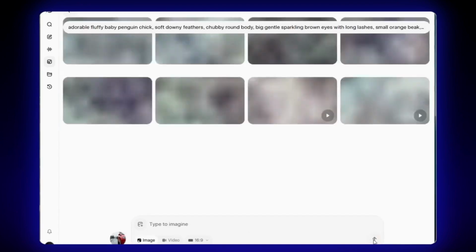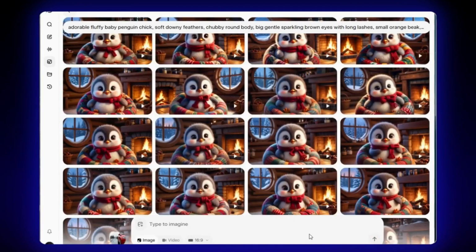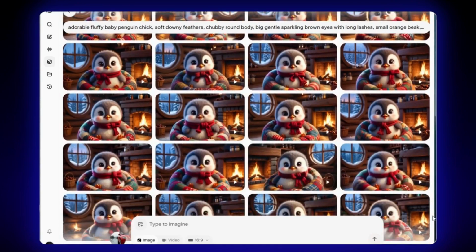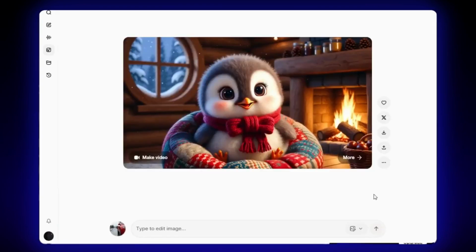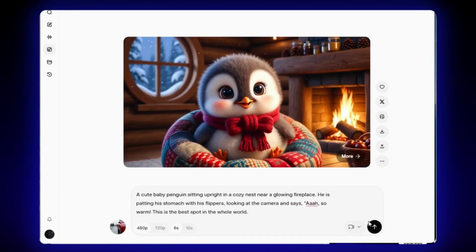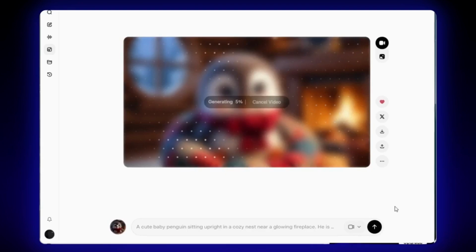Hit generate, and boom. Grok just delivered these incredible results. I mean, the detail is amazing in all of them, but this one right here is the winner. Let's select it. Now for the magic part. Click Make Video, type what you want the character to say, and hit Generate once more. Just like that,